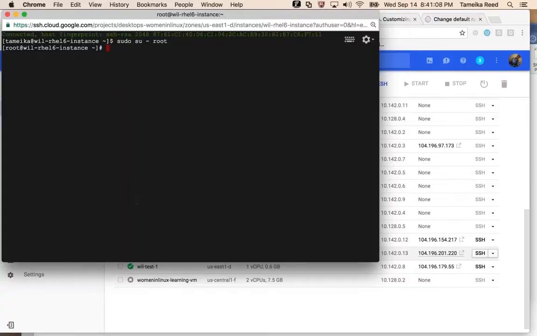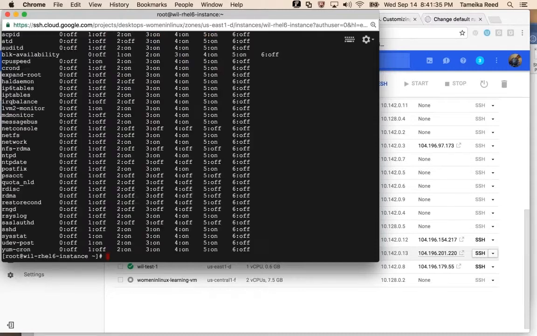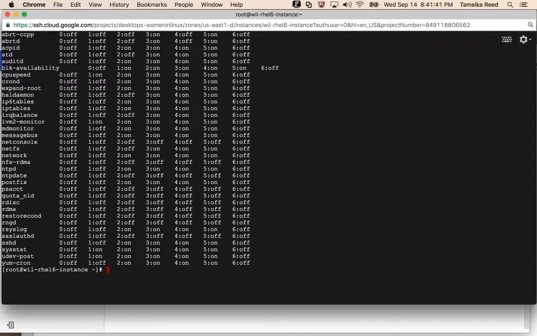All right, so now I can type systemctl. I want to show you. Guess what? Command not found. Because when they made the switch to RHEL 7, it falls under systemd. Inside of RHEL 6 it is service. So I could do chkconfig --list. So now I'm listing the services, and it gives me the different run levels that the services are at. Level 0, level 1, level 2, level 3, level 4, level 5. Totally different than what you see for